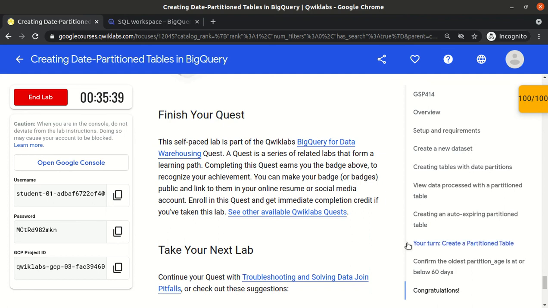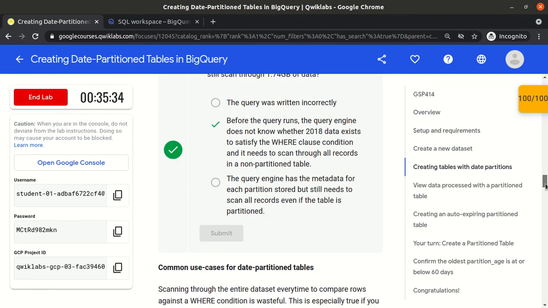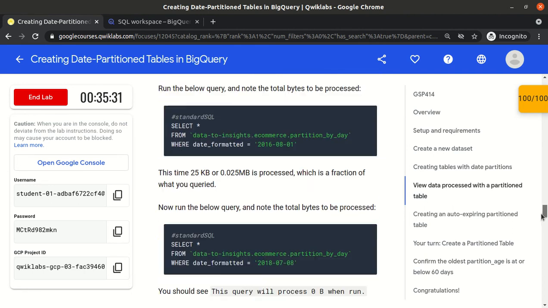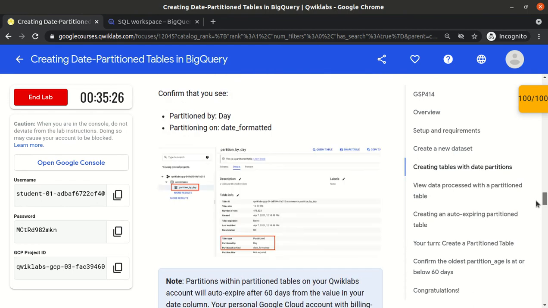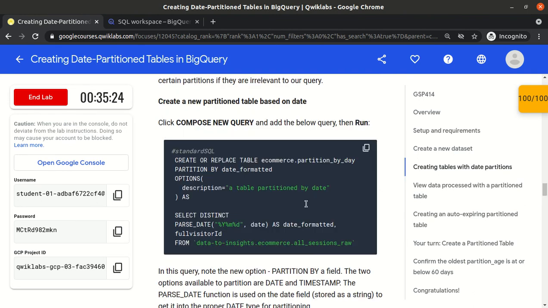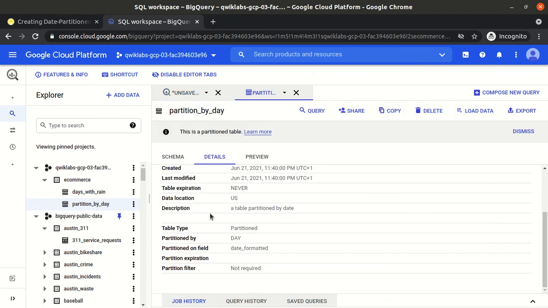So that's the end of the lab. Basically we saw how to create a partition table: we need to mention the partition field with partition by and then the field name. We also saw the advantage of creating a partition table over a non-partition table, and how we can check from the UI whether it is a partition table or not, by clicking on the table and checking the details tab.